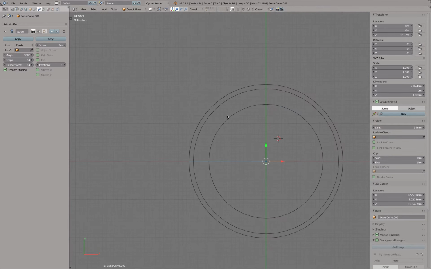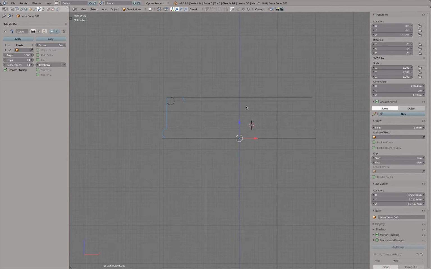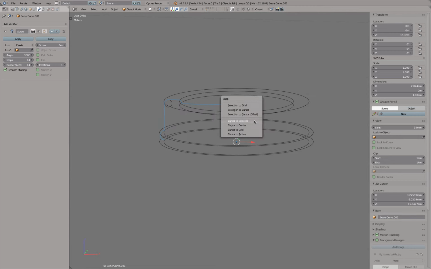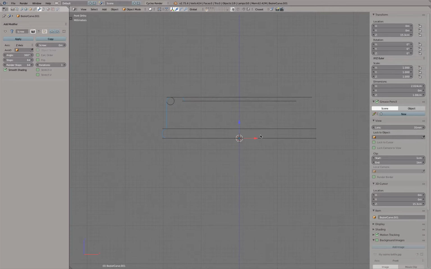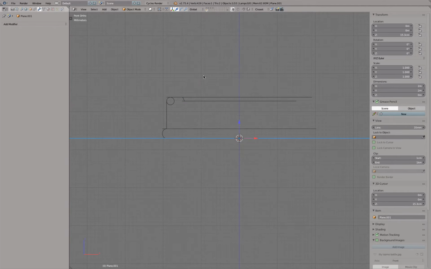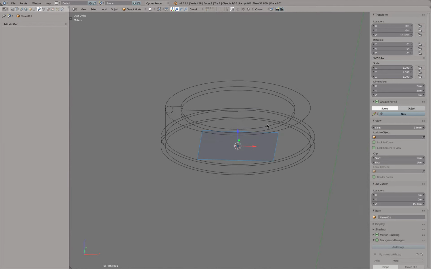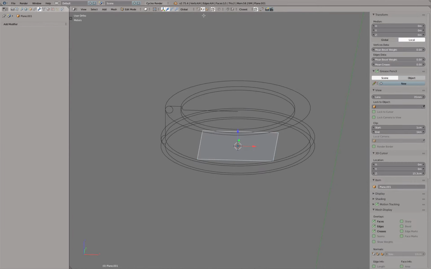Let's go back to here. And so what's the next step we can do? Okay, so let's do exactly the same approach how we built the bottle. So Shift S, cursor to selected, so it is at this center, and then I'm going to add now a plane. So Shift A, mesh plane, F6, 1 centimeter, so the plane isn't as large, and then can go into edit mode with tab, maybe switch